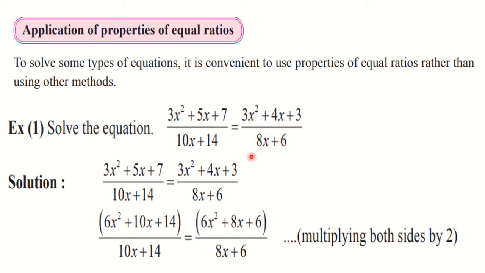Now here also you have to observe the question, and here we need to eliminate some of the terms. Here from this we have to eliminate some terms so that we can get the things easily. Okay. So like here you will observe that here 10x is there and here 5x is there. Here 7 is there and this is 14. So these terms are exactly double, you can observe. Same thing here. 8x is double of 4x and 6 is double of 3.